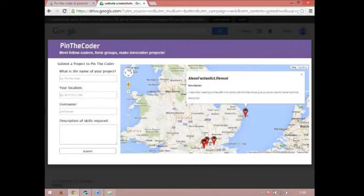Once you click on the pin, you're given a short description of the project they want to work on, who they are, and where they are. The location is based off a longitudinal and latitudinal coordinate, so you can base it off your own security: if you want it to be near where you are, or if you'd prefer to put your location at a local library or something like that, because then you can work together